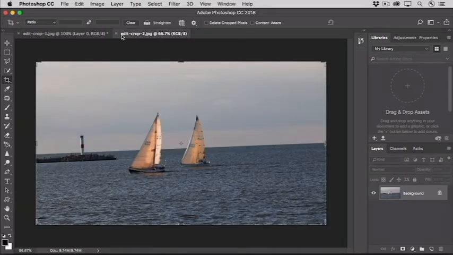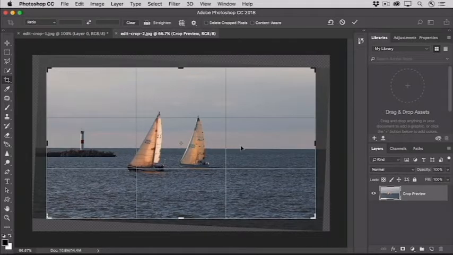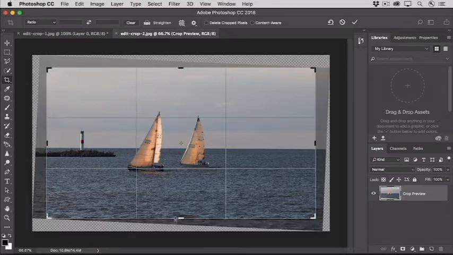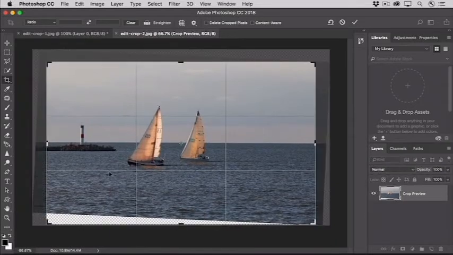Another way to straighten a photo is to use the Automatic Straighten option here in the Options bar for the Crop tool. I'm going to select that icon and then come into the image, and I'll click and drag along part of this horizon line to straighten the horizon. And that rotates the photo for me automatically inside the crop boundary. Notice that rotating the photo created some transparent pixels around some of the edges, represented by this checkerboard pattern. If I want to include more in the photo, I can drag any of the edges to include the checkerboard area,